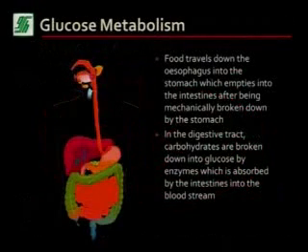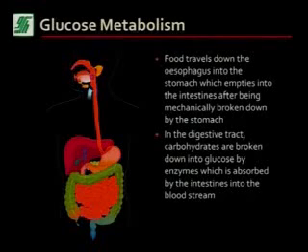So I'm just going to talk a little bit about diabetes and glucose, and about the digestive tract and how we actually metabolize our glucose and how diabetes comes about. Okay, so if we look at the digestive tract, we have our mouth, we have our glands, and we have our esophagus, where we swallow our food, and we have the stomach and the small intestine. Around here is the small intestine and our large intestine, or our colon.